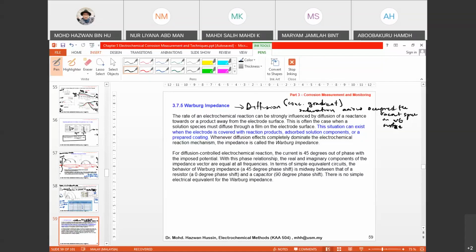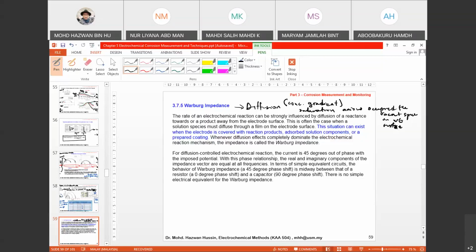This is often the case when a solution species must diffuse through a film. The film that I'm talking about is now due to the formation of anions being absorbed on the surface. This situation can exist when the electrode is covered with reaction products, adsorbed solution components, or prepared coating. So remember, Warburg impedance can happen due to diffusion, and why does diffusion happen? This is actually due to the formation of reaction product, outside layer, passive layer, or adsorbed solution component like